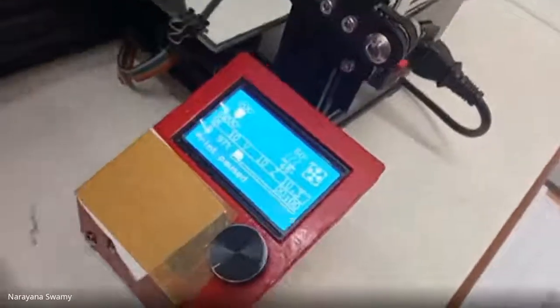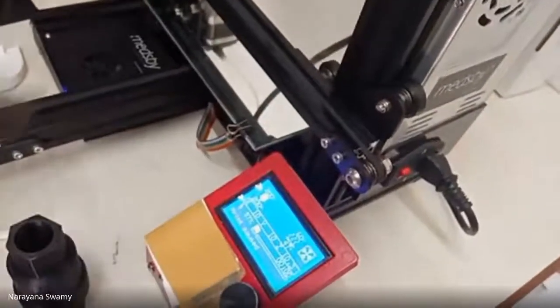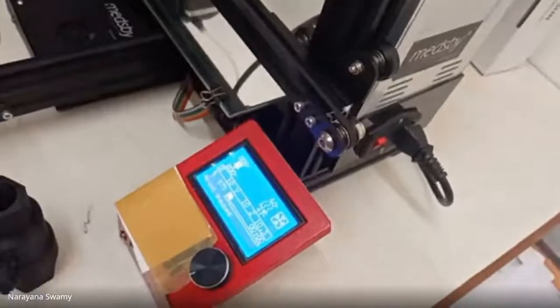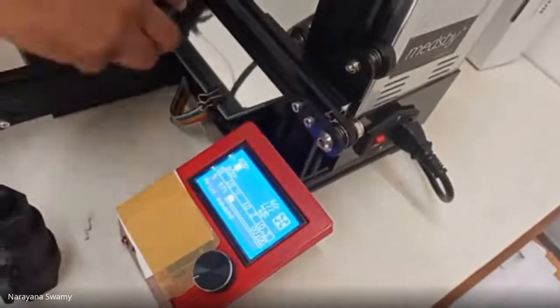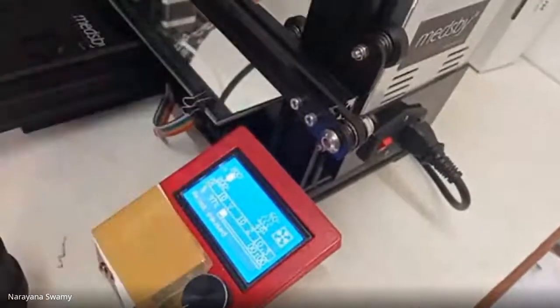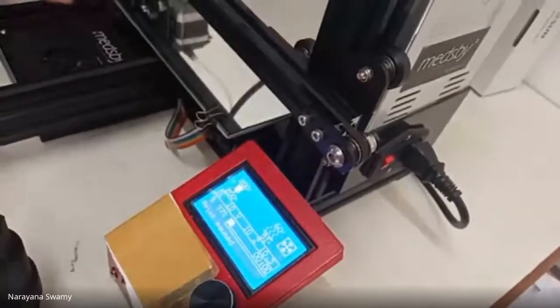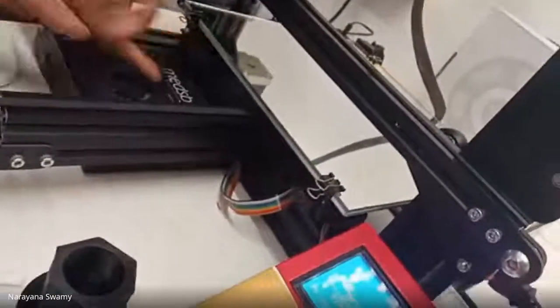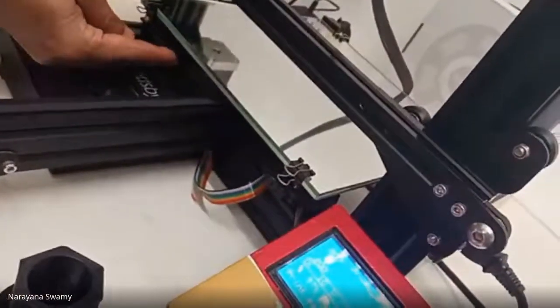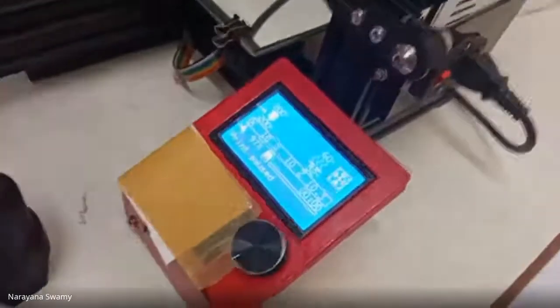If you are already processing and the filament is not sticking, or if some filaments are getting stuck, we can remove it with the help of a small chisel. Here you can see this is a glass mirror. To make it level, you can use a spirit level. There are provisions for leveling it; here we have the provision knobs for bringing it to level.